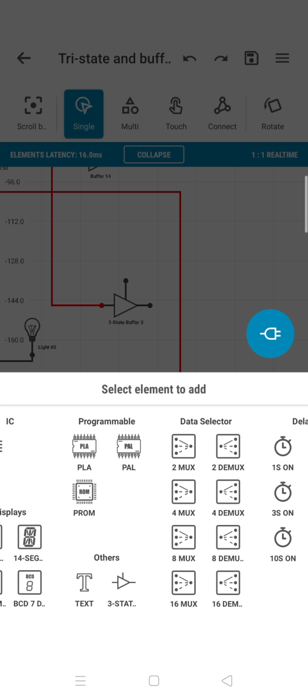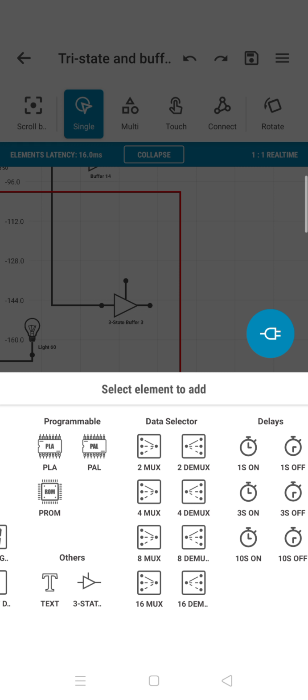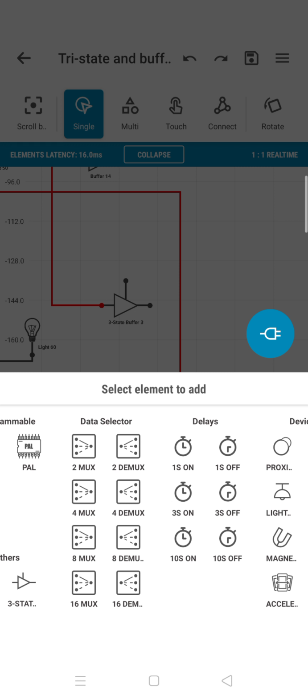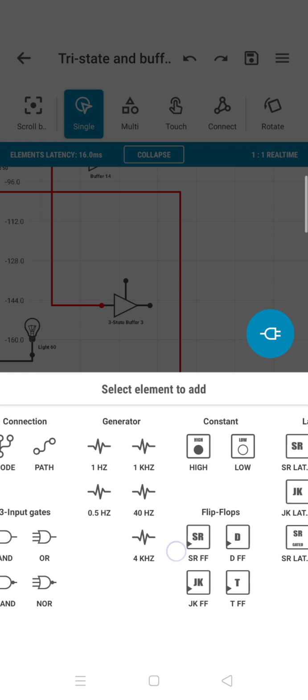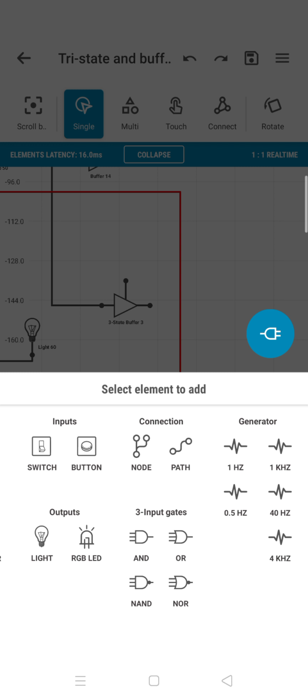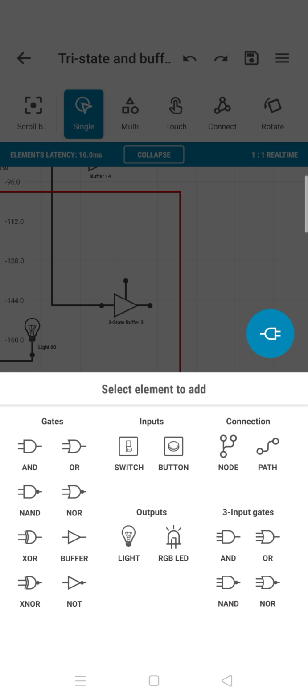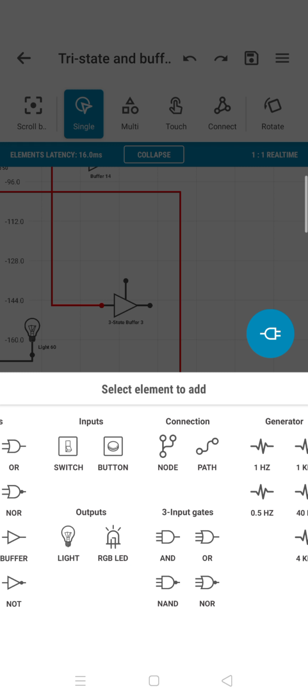Once you know how to use a tri-state device, it's just like a transistor. And once you know how a transistor works, you can build almost any kind of circuitry: the timing circuitry, the mux circuitry, the demux circuitry, and the PAL, the gate, the EEPROM, and other things, LEDs, the flip flops, everything can be built using that. Even generators can be built using a tri-state device. Using just a high voltage and a low voltage, and all these logical circuits can also be built using a tri-state device.